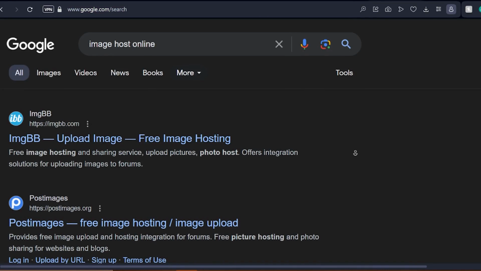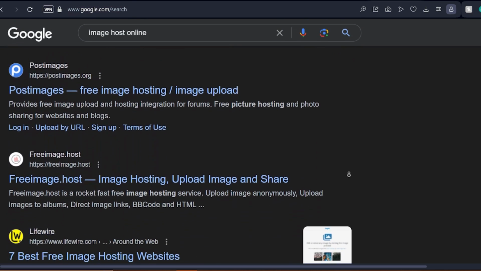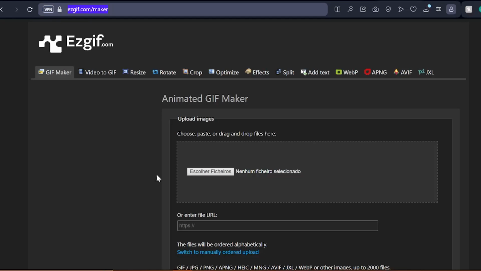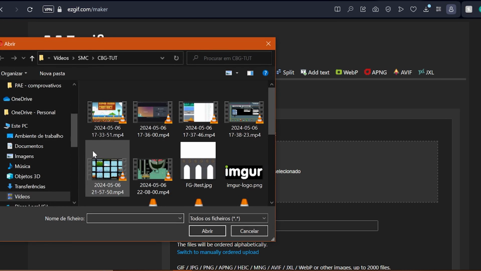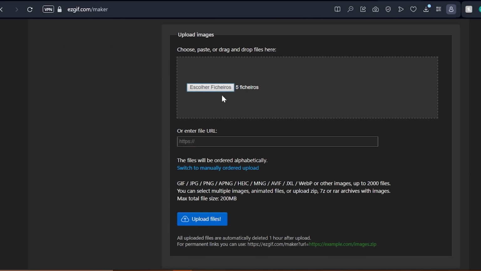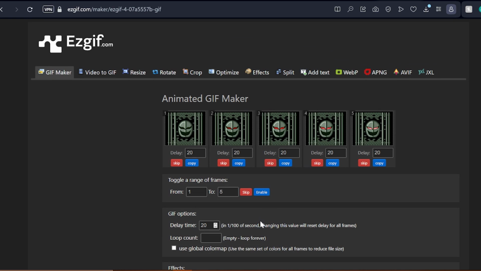There's tons of places on the internet where you can create a GIF with your frames, but I recommend using one particular website for this step, which is EZGIF.com, because it's bundled with some pretty nice options, like the ones I'm about to show you. First off, we're clicking on the Choose Files button, and then bring our separated frames here. Hit this thick blue button, upload and make a GIF, and then EZGIF lays out all of your selected frames